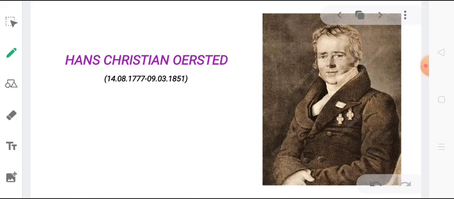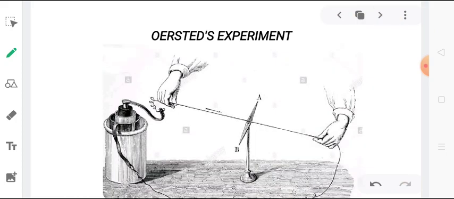He conducted a number of experiments and was able to prove that electricity is very much a cause for generation of magnetic field. He was a Danish physicist and chemist who discovered that electric current creates magnetic fields, which was the first connection found between electricity and magnetism. In fact, on 21st April 1820, Ørsted published his discovery that a compass needle was deflected from magnetic north by a nearby electric current, confirming a direct relationship between electricity and magnetism.